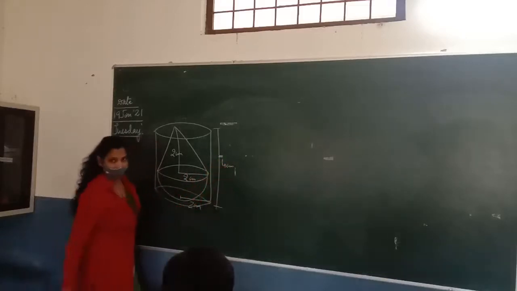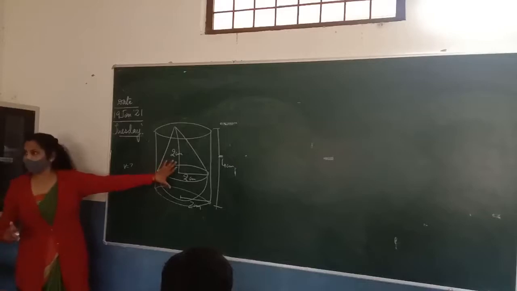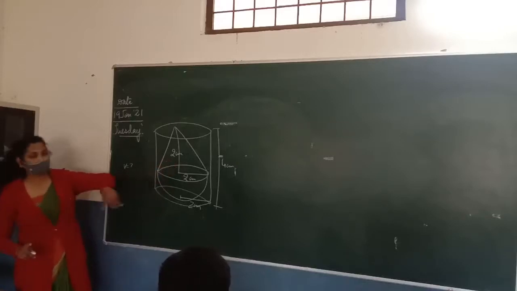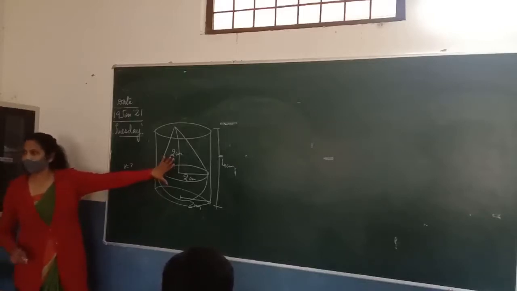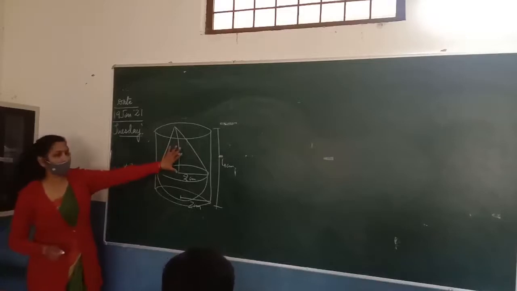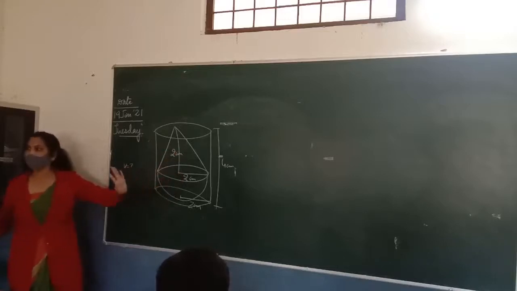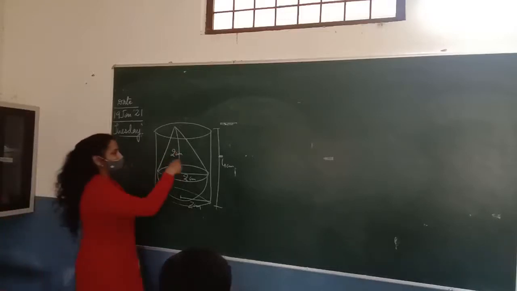Okay, now sit down. So in the first part, I think you have to find the volume of this toy, na? So Priyanshu, what should be the volume of this toy? 2/3 pi r cube is the volume of the hemisphere, and 1/3 pi r square h is the volume of the cone. We will add the volumes of these two figures, the cone and the hemisphere. If we add these two volumes, we can find the volume of the toy.